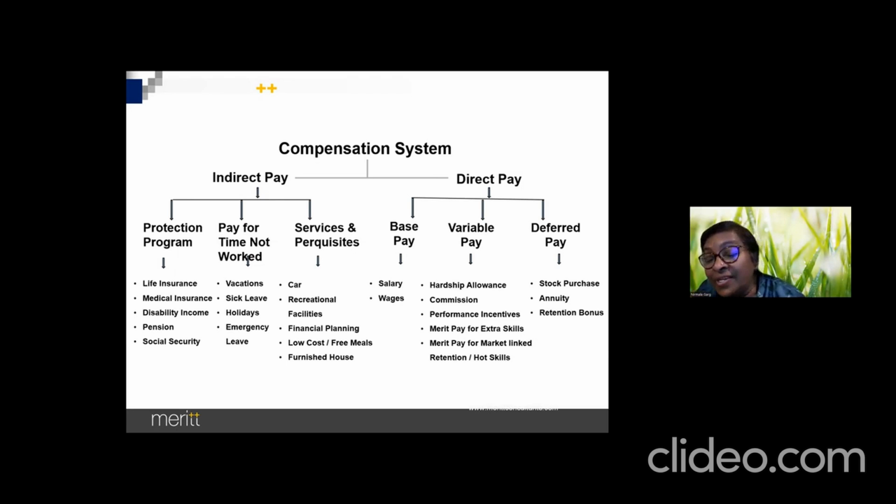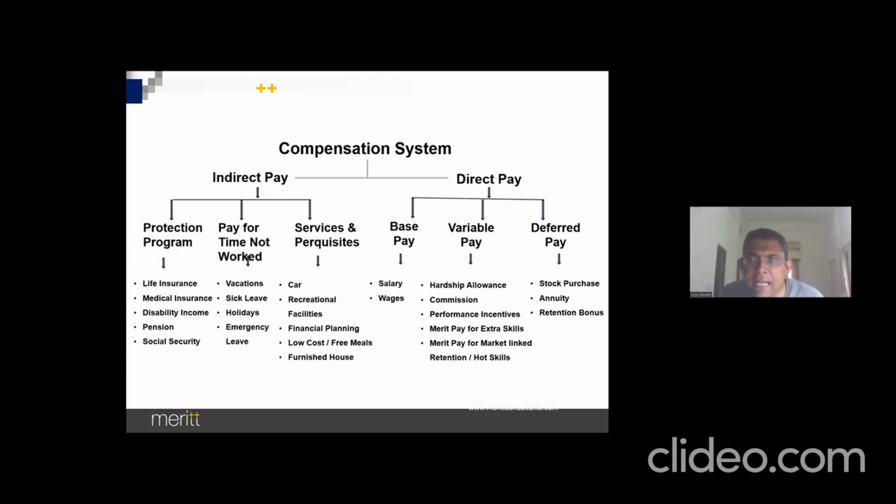So base pay is for fixed, attracting. Variable pay is to motivate. Deferred pay is to retain. So what do organizations do? Like for example, joining bonuses. It's also a one-time bonus, a one-time money you get. Now you also get retention bonus, right? Anybody who's getting retention bonus or you have planned retention bonus. So whom will you give retention bonuses typically in organizations?